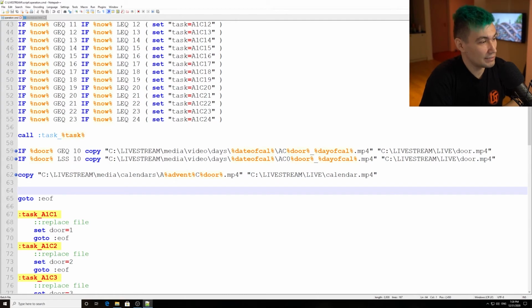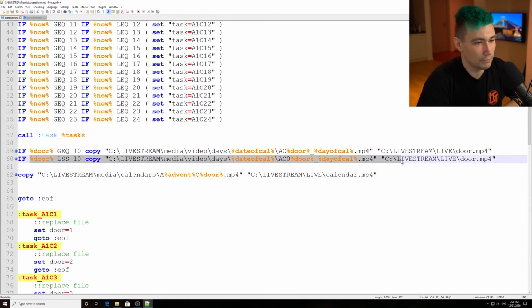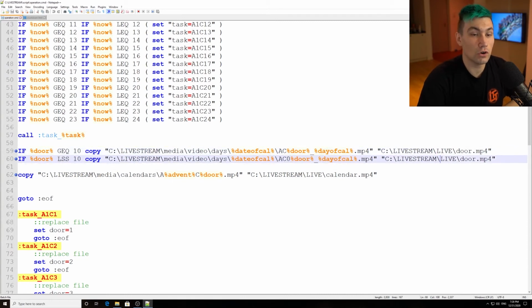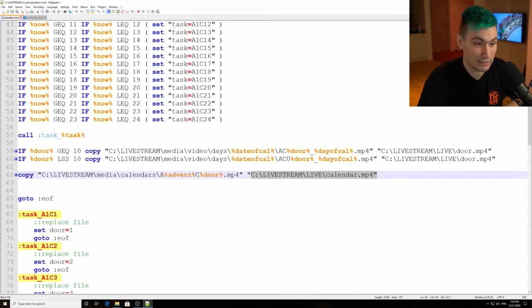And what it then does is when it runs, it checks all those facts, and based on time and date, it replaces some variables in here. And what it does, it's just copying the correct video, which is according to our current day and time, and pastes it to our live streaming live folder with the dummy file name, like door and calendar. So we say, hey, it's that time and that day. So we need that exact video and we place it in there with that exact name OBS knows,